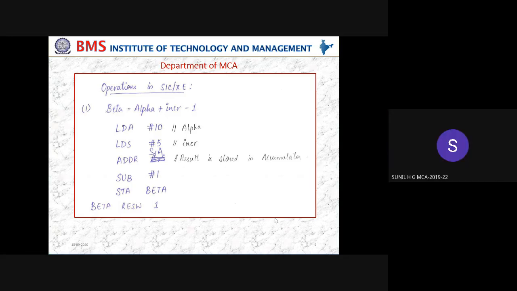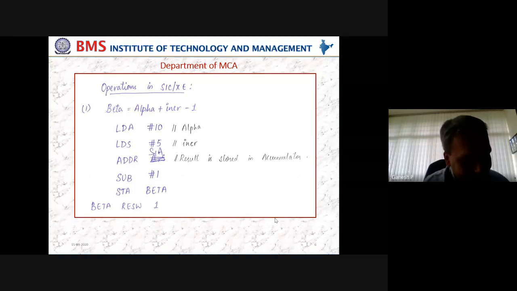3 bytes. Pardon? No. I have an instruction which can take 2 bytes and the same instruction may be for 3 bytes. Both are ADD here, no? So when I can use ADDR, which is 2 bytes, why should I go for ADD, which takes 3 bytes? So I should reduce the memory, no, to the extent possible.